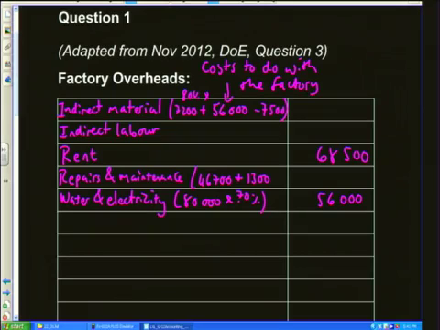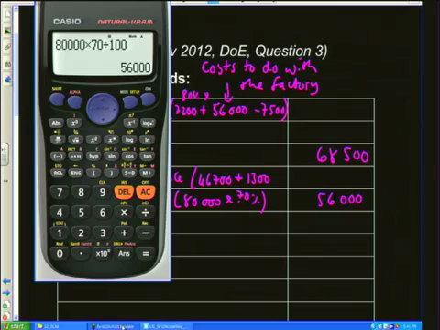You are allowed to write, you're allowed to erase and change the answers. So I'm going to work out 80% of this figure here. Let's do the calculation. Let's first work out the bits in brackets. It's going to be 7,200. That's what we started with, plus the 56,000 that we purchased, minus the 7,500 that was on hand at the end of the year. That gives you a total of 55,700. And then I'm going to multiply this by 80%, times 80 over 100, and that's going to give me the answer that I want of 44,560. Let's write it in,